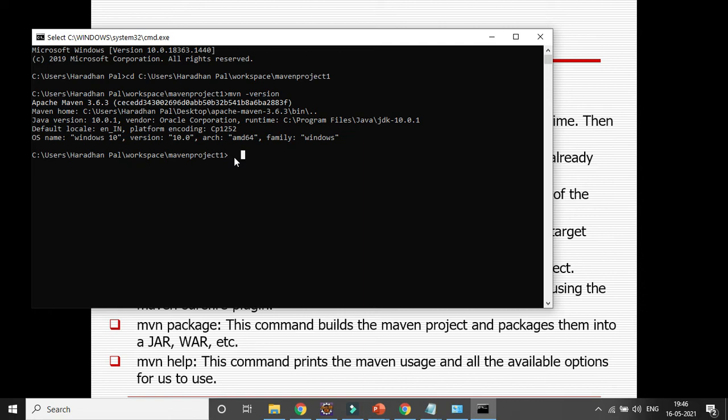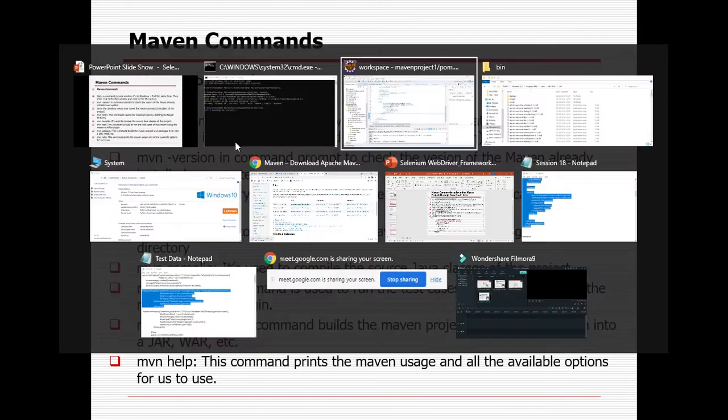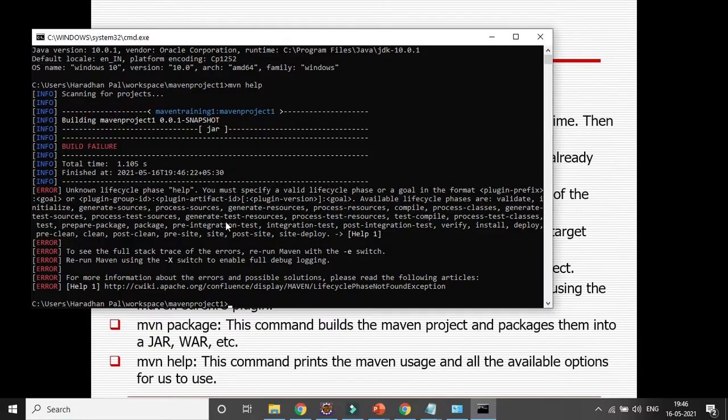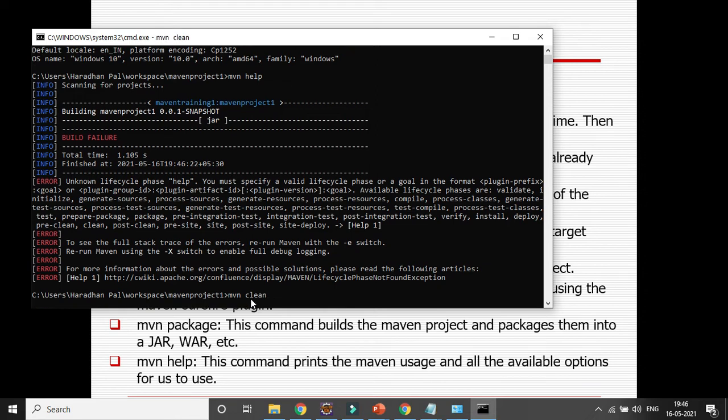Now if you type mvn help, in case any problem is there for a particular thing, you can get help. Now nothing is there, maybe that is the reason nothing is coming. Okay, now you can clean your project. Initially you can see in the target folder something is there. So for help, if you try Maven help, it will let you know in case of any problem. Now let's clean it. mvn clean. It will clean the target directory. Let's run it and see whether it gets impacted or not.